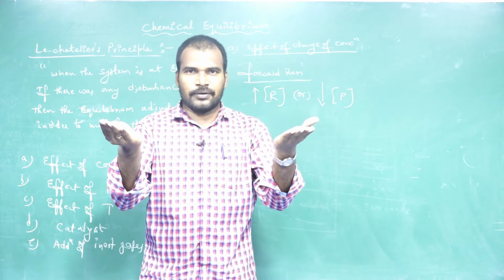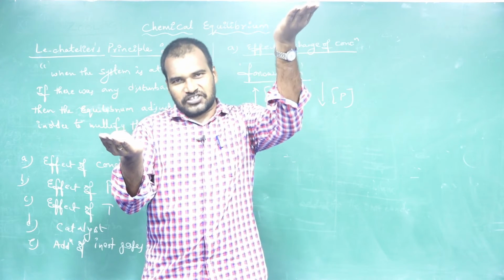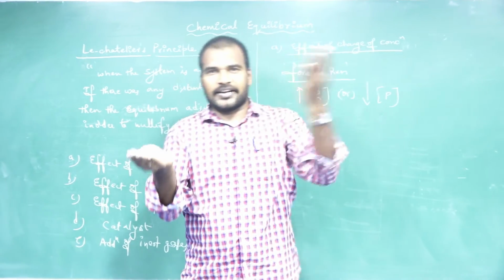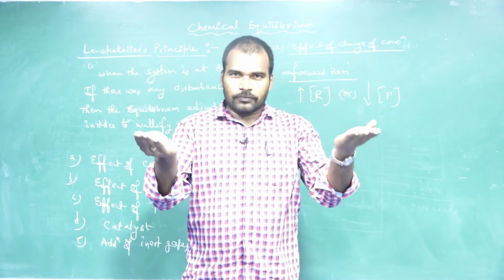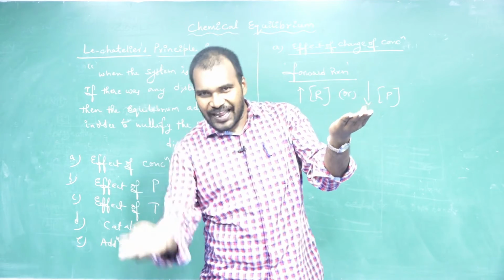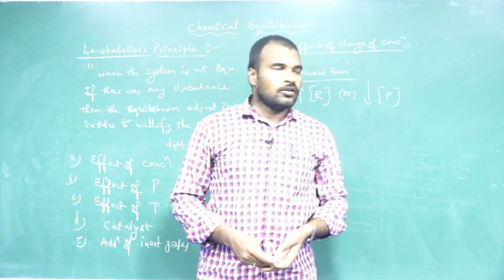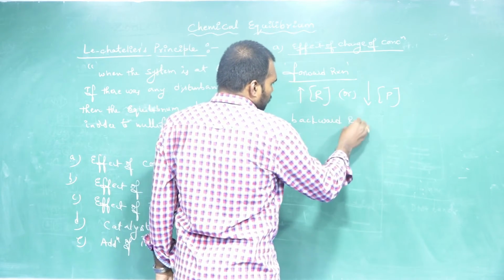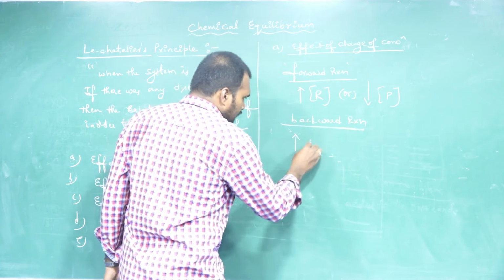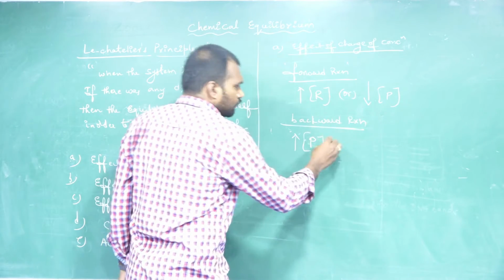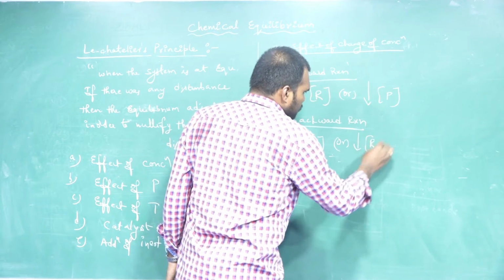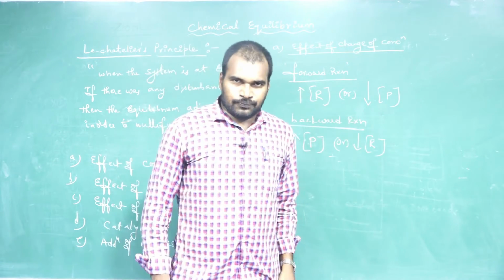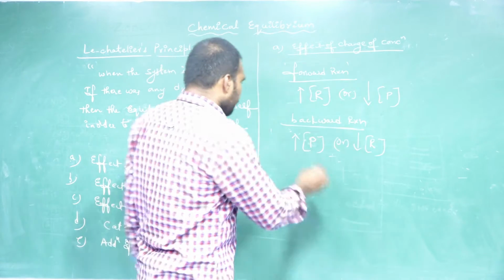So this is the system at equilibrium. If you increase the product concentration, then equilibrium is trying to decrease the concentration of products by converting them into reactant. So it is favorable to backward. Or if you remove the concentrations of reactants, that is also favorable to backward. So according to the Le Chatelier principle here, the backward reaction favorable conditions are increasing the concentrations of products or decreasing the concentrations of reactants. These are the two favorable conditions for the backward reaction that he explained by using an example.